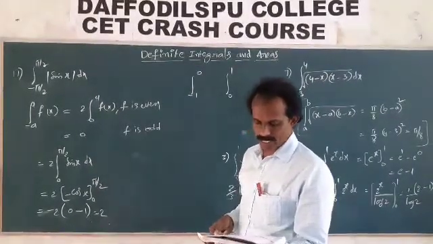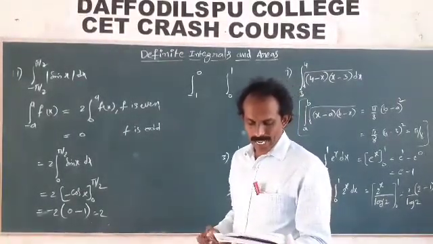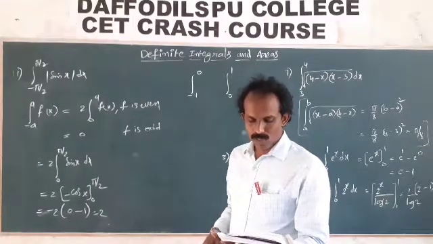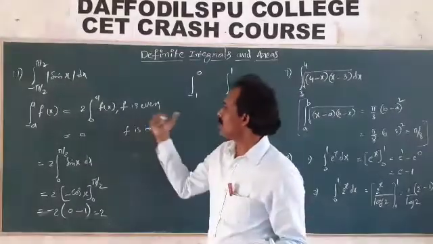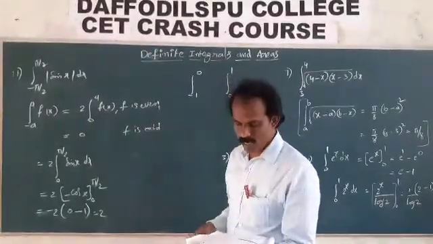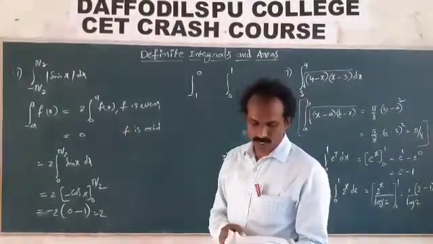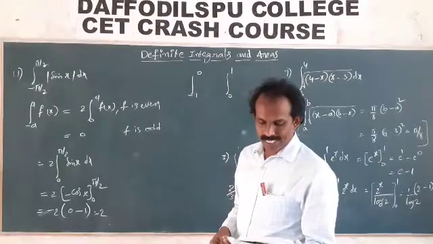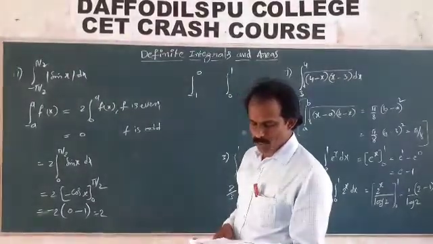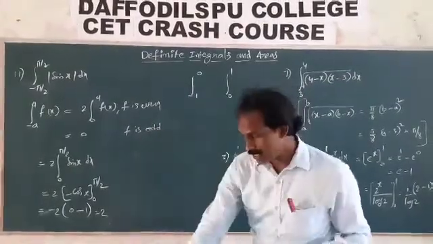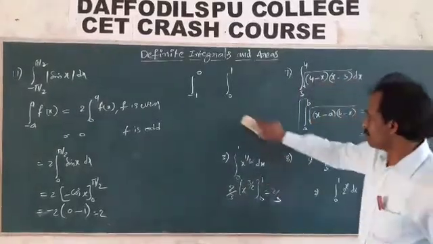Next, 13. The value of sin square x, minus pi to pi. Here also you can apply the concept of f even and f odd, since the limits are minus pi to pi, of the form minus a to a. However, in this case, suppose we substitute minus x, sin square x is no problem, it gives the positive answer. And a power minus x, that is the LCM.